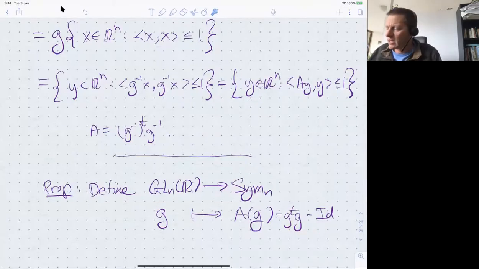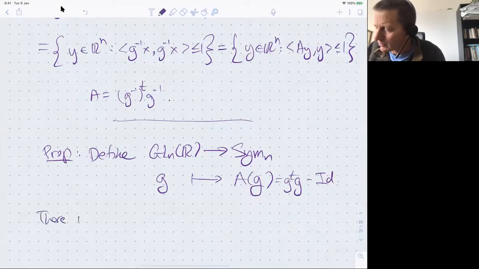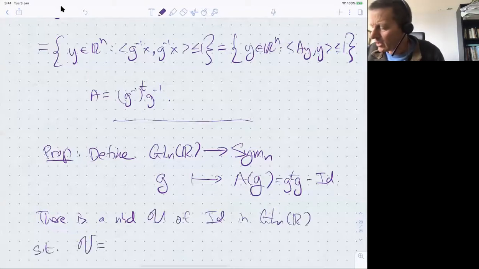So this is a way of taking matrices G which are close to the identity, and manufacturing symmetric matrices which are close to 0. And the point is that this fills up an open neighborhood of 0 in the space of symmetric matrices. So let me write that down. So there is a neighborhood, let's call it U, of the identity in GLNR, such that V, the image of this neighborhood,